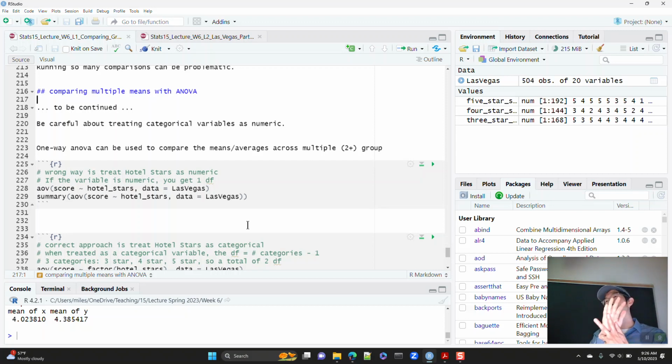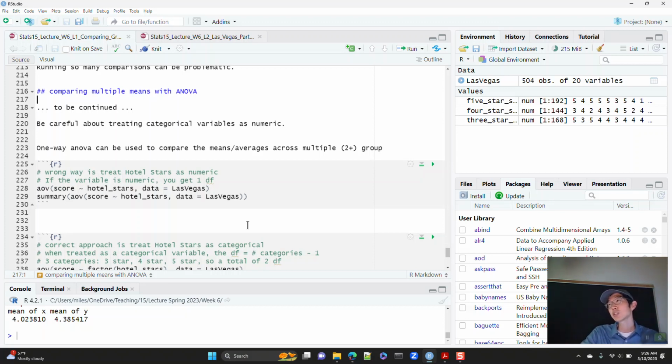Rather than doing 3 versus 4, 4 versus 5, and 3 versus 5, I want to just compare 3 versus 4 versus 5 all at once. And I can do that with one-way ANOVA. This can be generalized to any arbitrary number of groups. You want 6 groups, 10 groups, 20 groups, you can perform one-way ANOVA. You say, I've got 20 groups, and I want to compare all 20 groups at the same time.